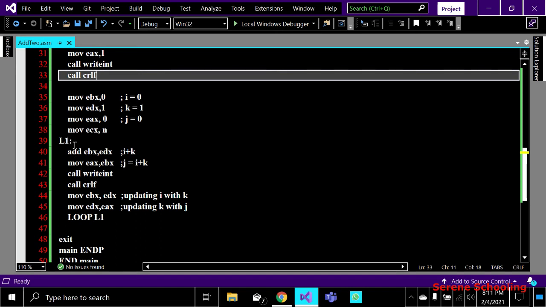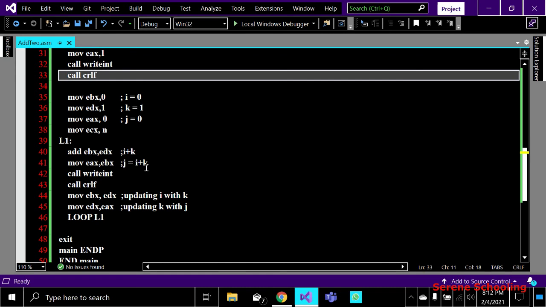So inside my loop, what we have seen is that we have to do i plus k, j equals i plus k, right? So this is happening, my i plus k, and then my result is getting stored in the destination index, we know this, right? So my EBX is holding the result of i plus k. Now I'm moving that result into my EAX because EAX was my j, right? So it is working just like this, j equals i plus k. This i plus k is the result of this EBX plus EDX. Then I'm displaying the result, that is, the j value will be printed on the screen.